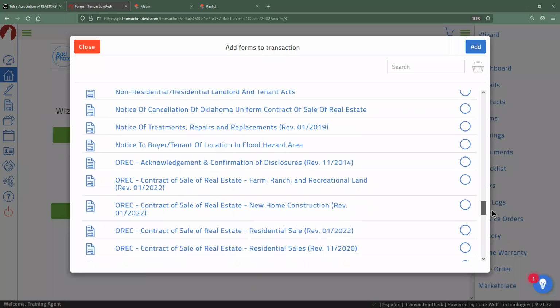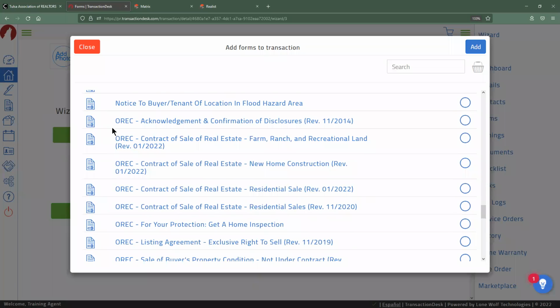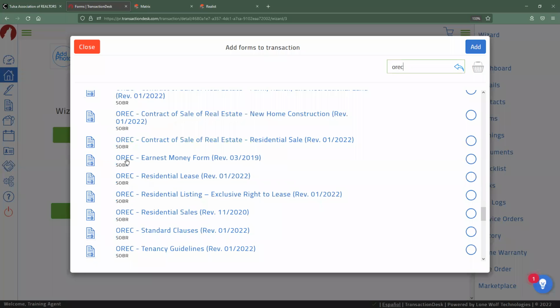And similarly, we've also gone through and made sure that all of our OREC forms are up to date, including this one that just came out recently, literally just this month. All of these forms have been added and they all should have that OREC qualifier at the start. So if you guys are searching for a form that's going to be an OREC specific form, typically you can just type in OREC at the top and it'll show you a list of all of them.